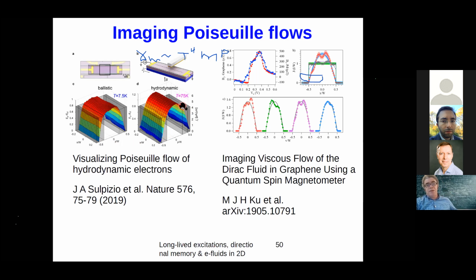And I think at this point it's too early to say whether it's parabola or semicircle or something in between. But it's certainly something that will be clear soon. Likewise, there is a different technique using spin magnetometry that Amir Jacobi's group is using at Harvard, and they are also seeing